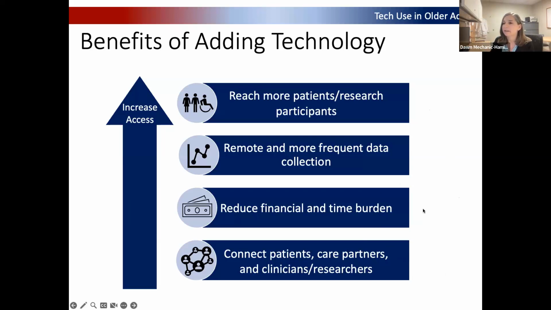That ability to reach out into remote settings allows us to both collect data remotely and frequently and reduce the burden of data collection, but it also can connect patients, care partners, clinicians and researchers at a distance. We can then ask, is it reliable? Is it valid? Those are the questions that I have when I'm looking at this technology, but certainly there's that possibility and that potential.